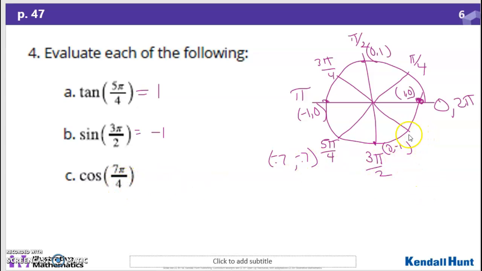Likewise, over here at 7 pi over 4, that one's going to be a little more complicated. You're going to have to remember that the x is positive and the y is negative. So that would give